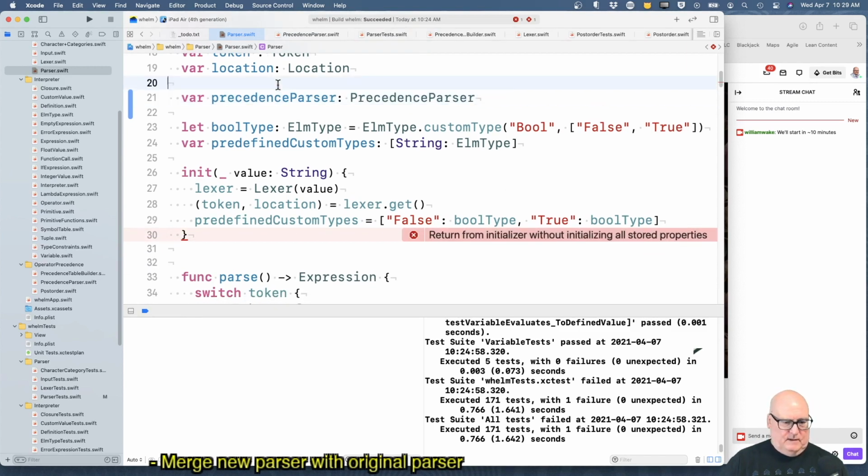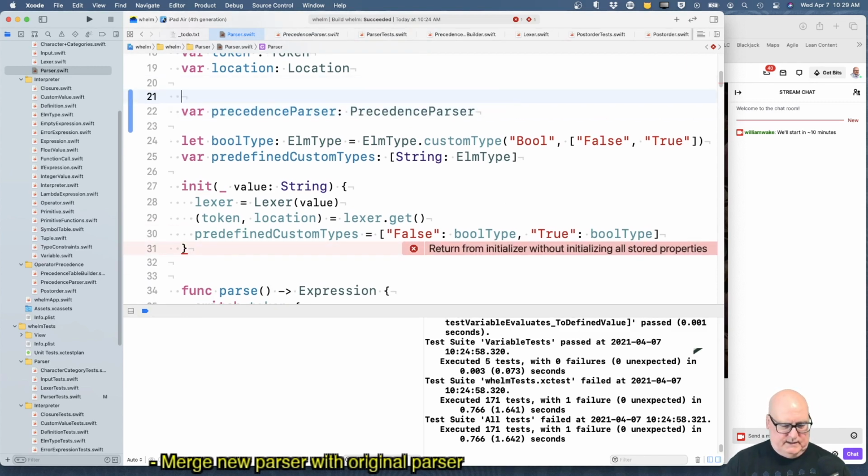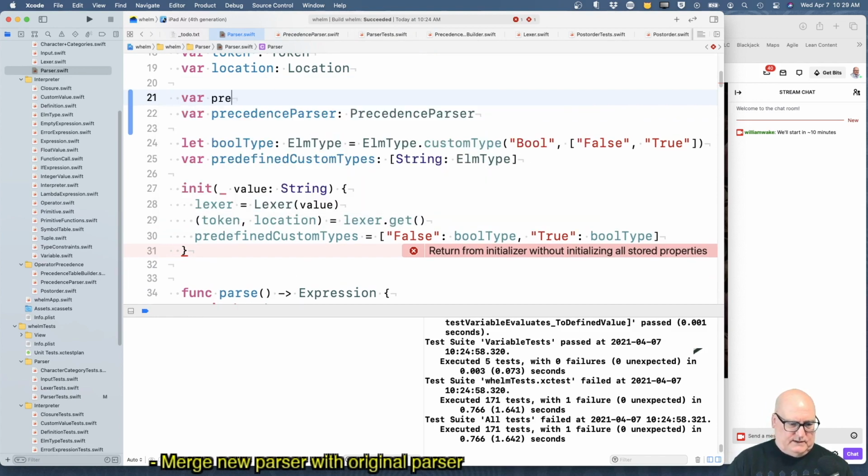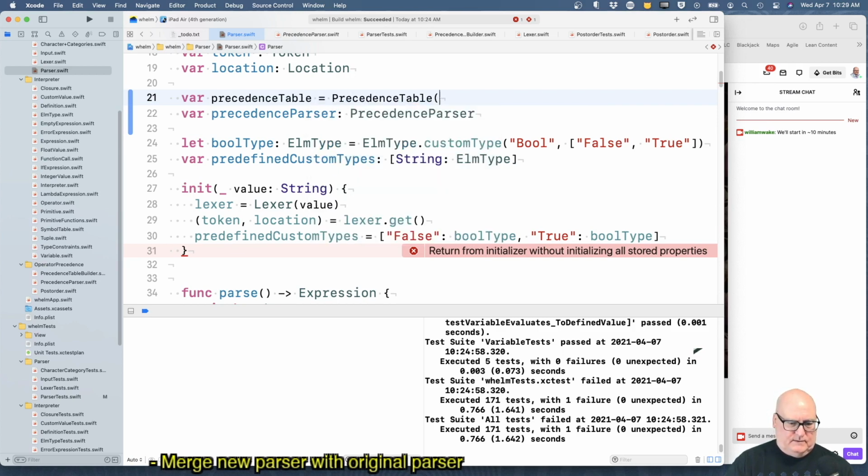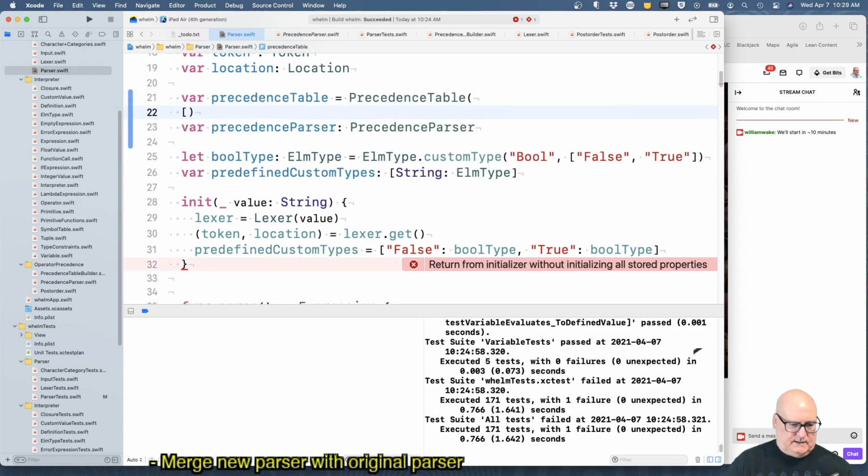Okay. And I think we'll need a table, precedence table. And I think we could just build that thing, precedence table. And it takes an array of stuff, right?